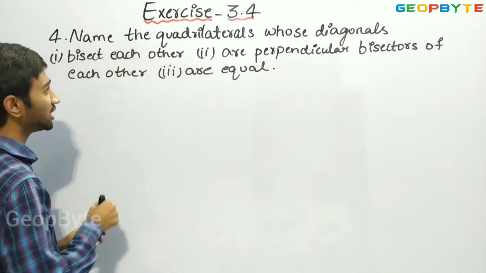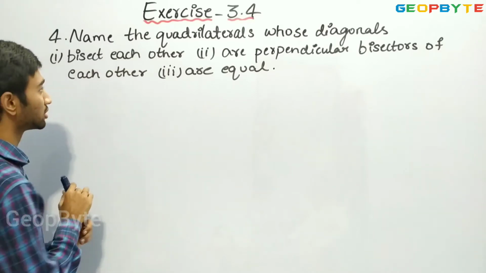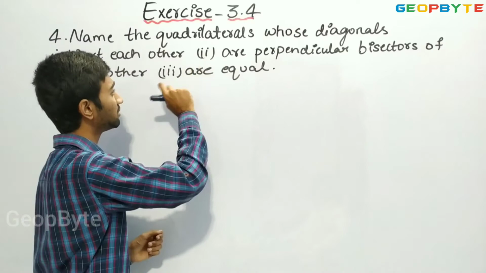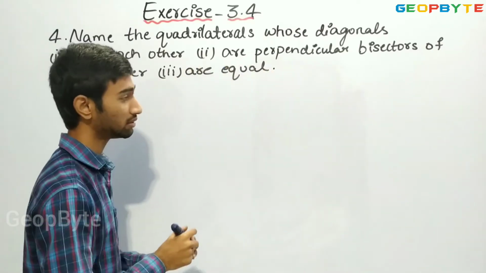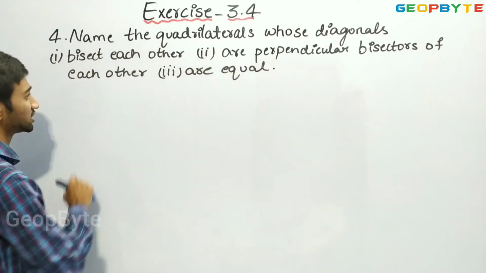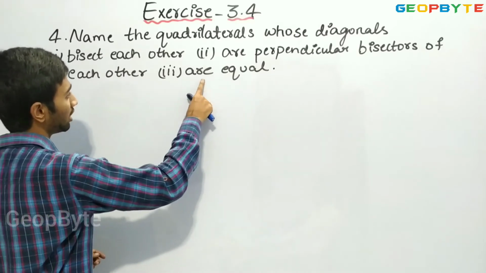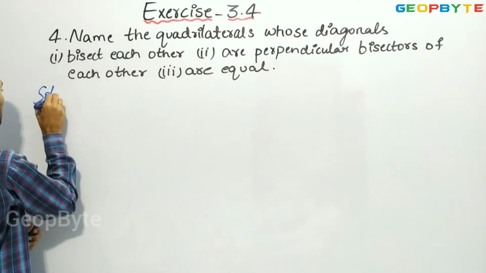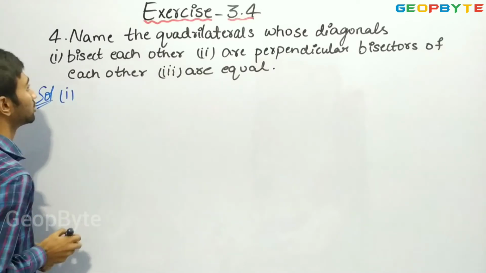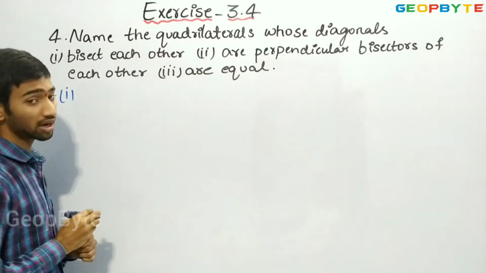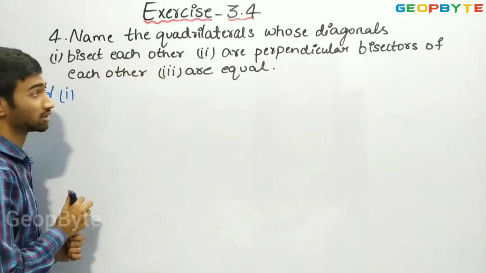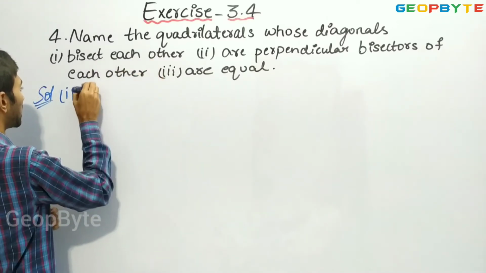Name the quadrilaterals whose diagonals, first bit, bisect each other. Second bit, are perpendicular bisectors of each other. Third bit, are equal. So let us see the first one. So they have asked, name the quadrilateral whose diagonals bisect each other. So the answer is